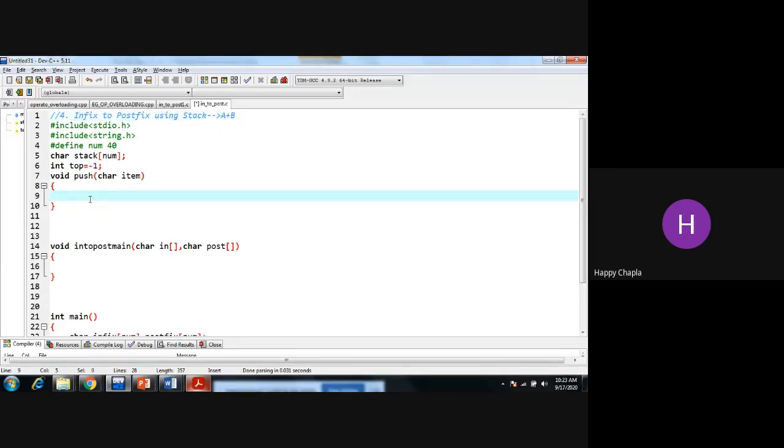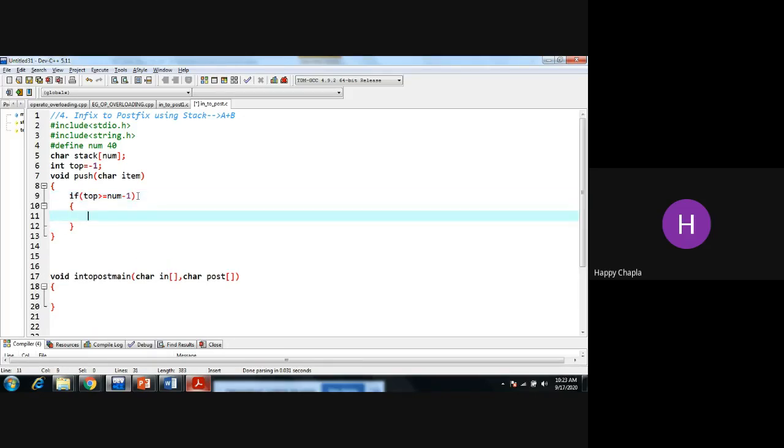So first we check whether my top is greater than or equal to number minus 1. Number is equal to 40, so it may be a plus b minus c divide e, up to 40. If top has reached that, then I cannot push anything into my stack, so I need to give printf stack overflow.